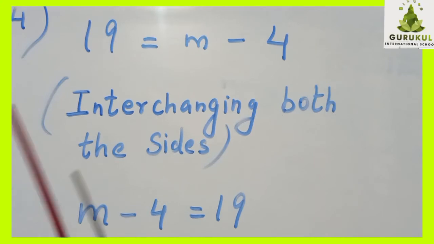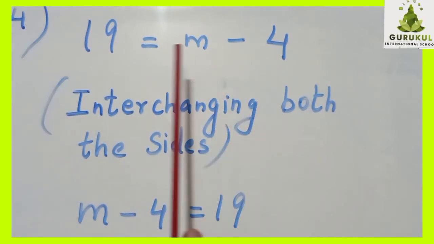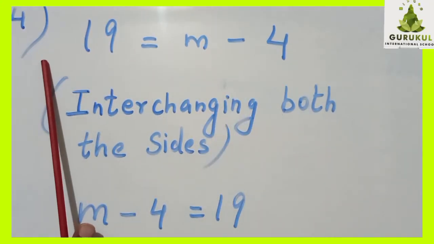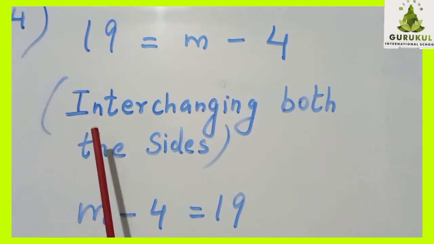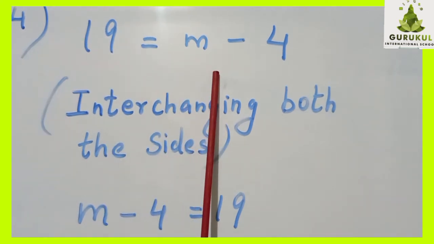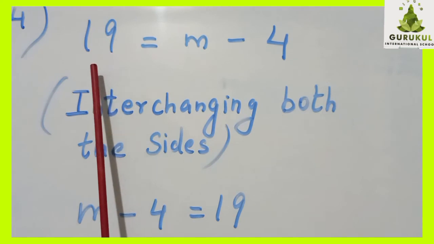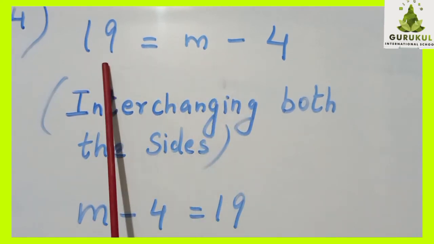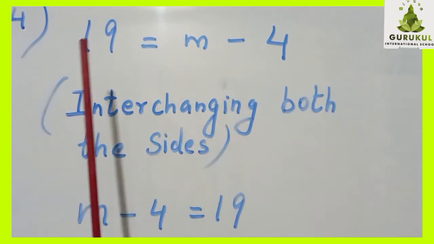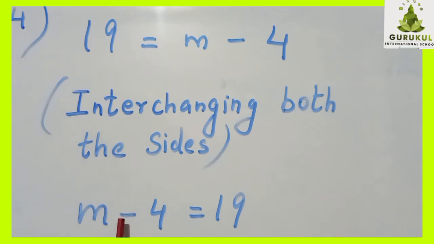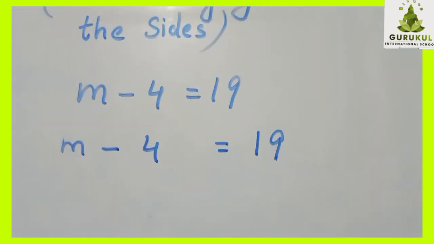Now 19 is equals to m minus 4 is the fourth question of practice set 27, question number 4, fourth one. Now 19 equals m minus 4. Now what you can do here itself or afterwards also, you can interchange. Now I am interchanging: m minus 4 is equals to 19. So the LHS I am writing this side and the RHS I will copy down here. So it will become this way, m minus 4 is equals to 19. Is that clear to you? That is the first step. Give the steps there in what you are doing.